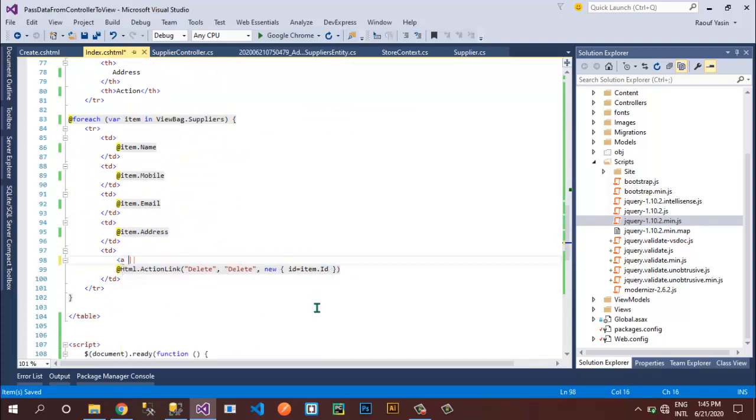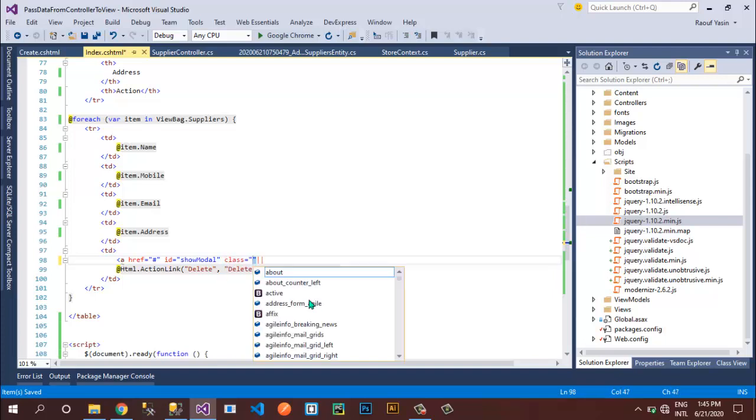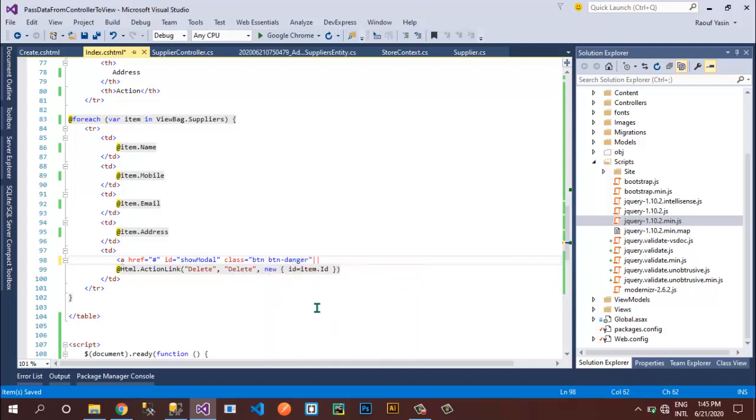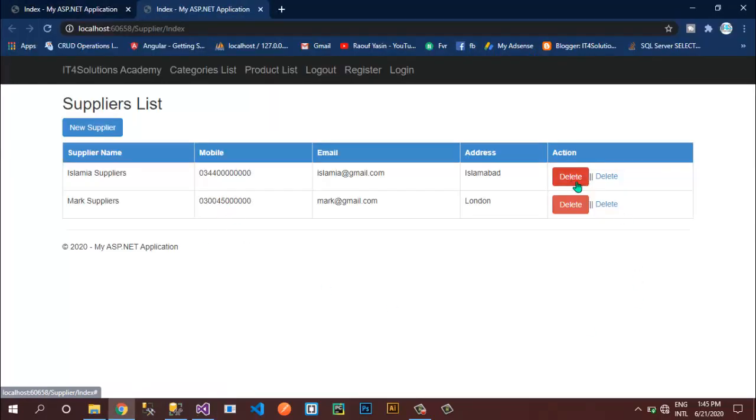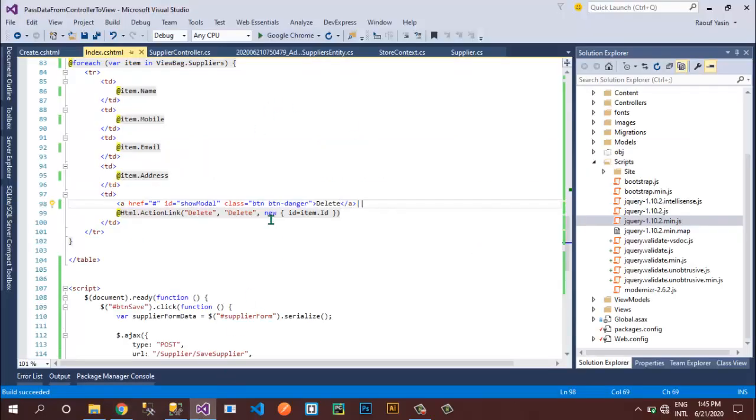So I will create an href, and I'll set hash, and I'll set id as confirm, or I can set it as show modal, and I'll apply class as btn dash danger and delete. Okay, so if you refresh at this stage, we have this button over here. If I click over here, that modal should be displayed.